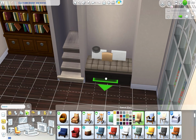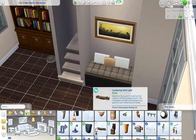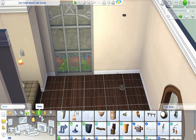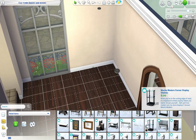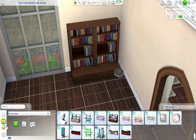I used one of the ottomans, I believe it was the one from Luxury Party. It was either Luxury Party or Vintage Glamour, and I just used some kitchen cabinets and raised them up so that way it looked like this little bench area, and I do that again upstairs as well. And then over here, so these are book displays that came with Get to Work,